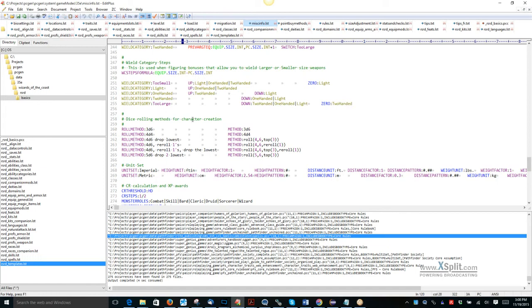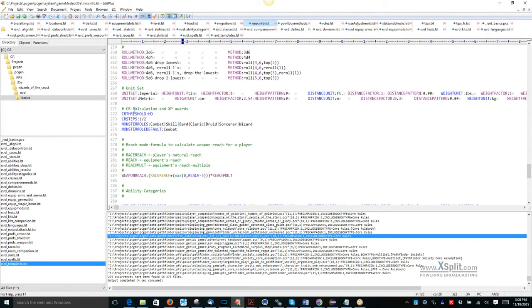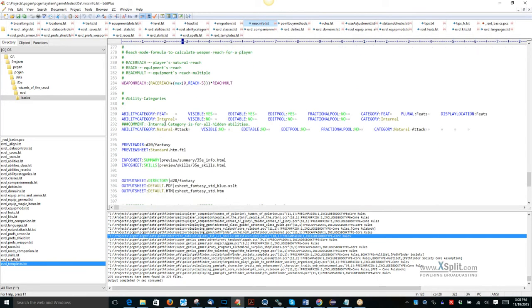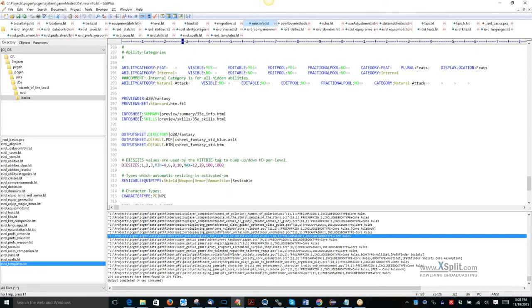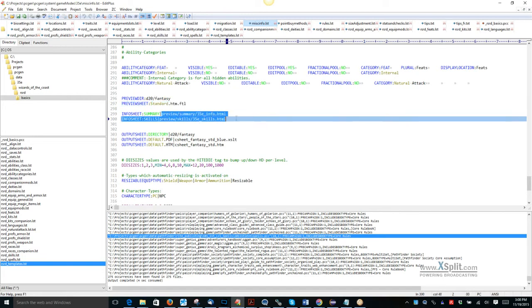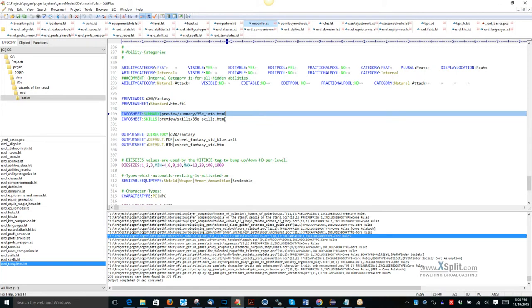and then roll methods, the different, you can do imperial or metric, and then a few other fun items, default ability categories, and then this is how we set up which preview directory you'll be sent. So when you're in the fantasy setting, you're not going to be getting the modern character sheets. We can set up your default preview sheet, that's the character tab, and then what information's shown on the summary,